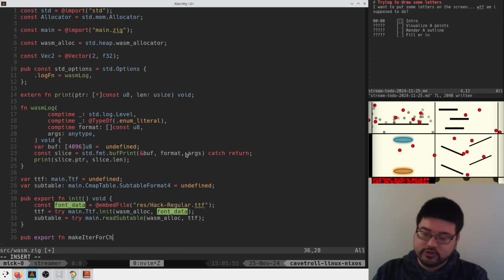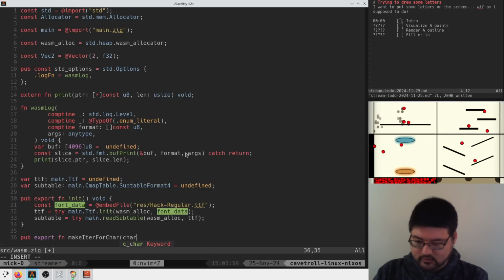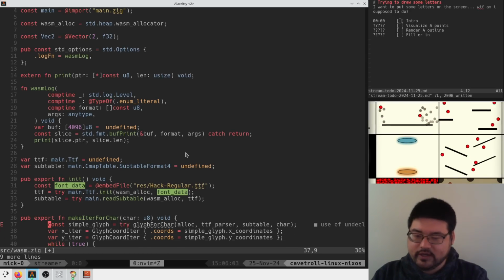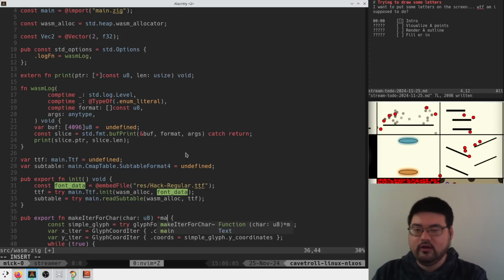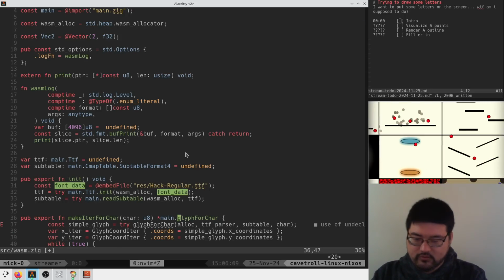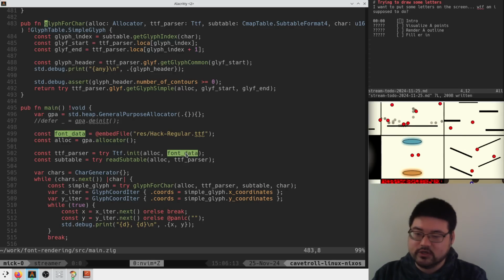Make iter for char. So we're gonna take in a character. And he is gonna return a main glyph table, simple glyph. No, he's gonna return